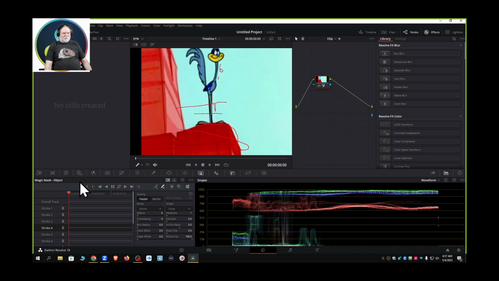Something else we learned a while ago, and when I say we, I mean we, is you can come in here and, excuse me, you have all these strokes. So if I go to the bottom one, stroke number 12, stroke number 11, stroke number 10, 9, you can get rid of the strokes that you made one at a time. So much easier than the